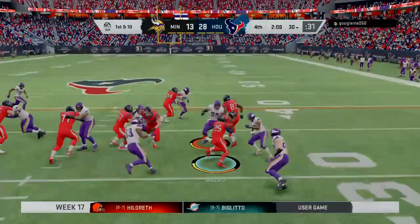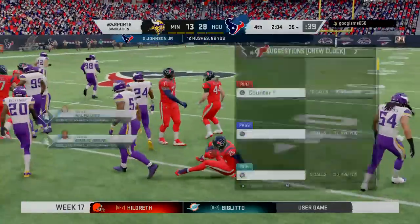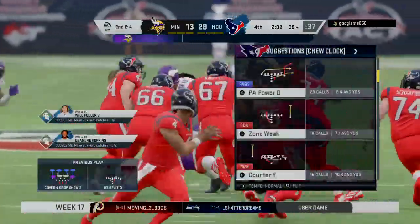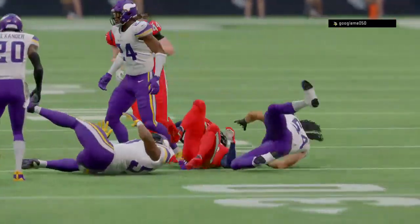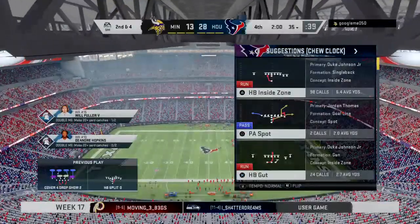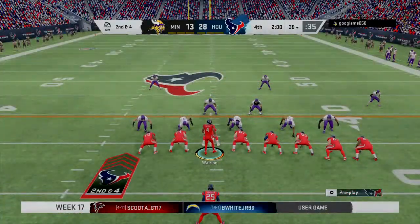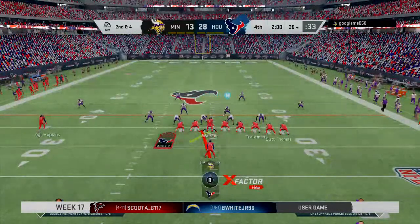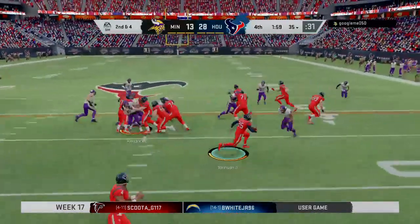They'll run it with Johnson. It's a 6-yard pickup, but it gets him to 2nd and 4. 2 minutes left to play in this football game here on EA Sports. So it's Texans football as we welcome you back. And no doubt what they're looking to do is just salt away the final couple of minutes and escape with